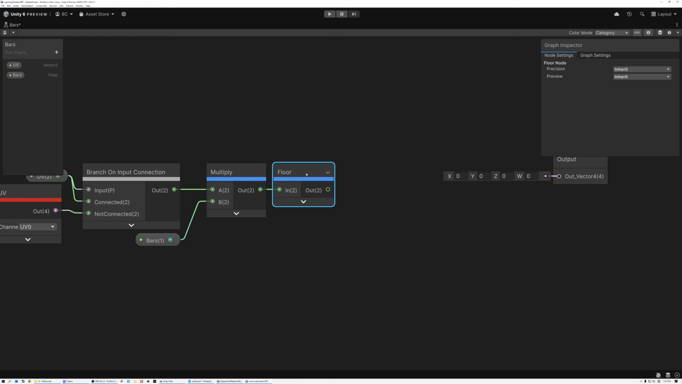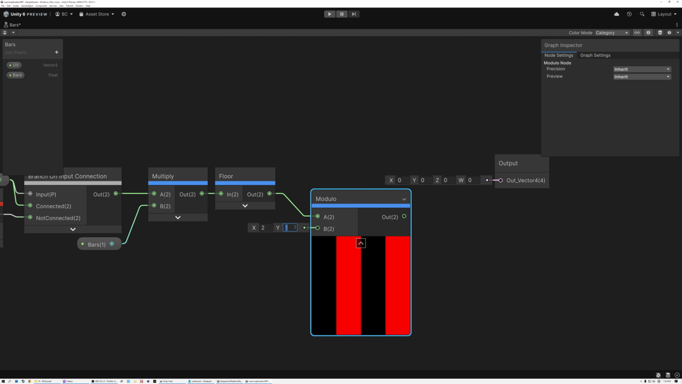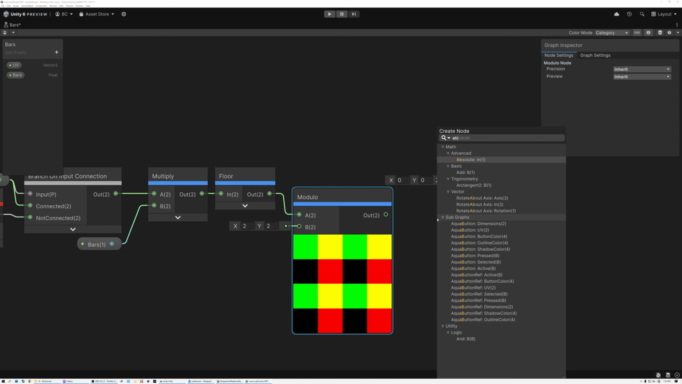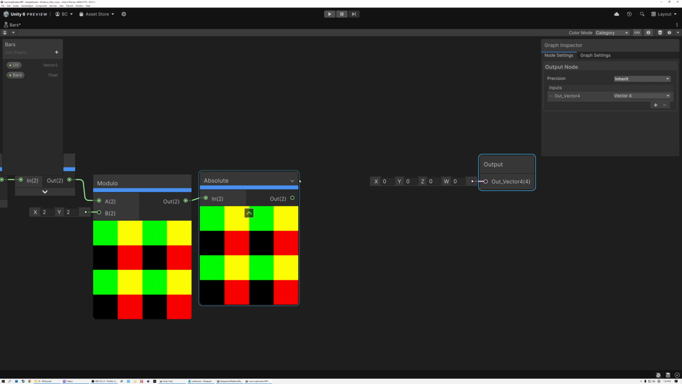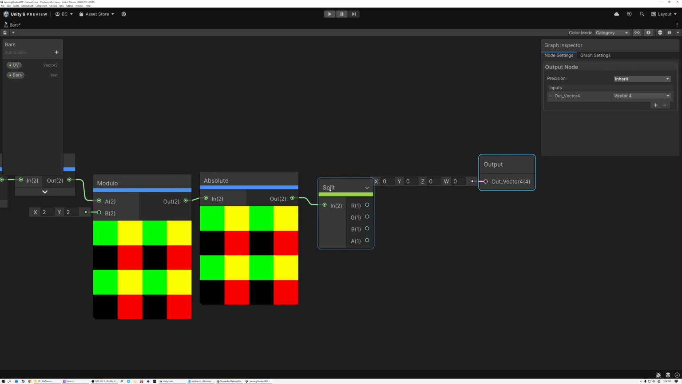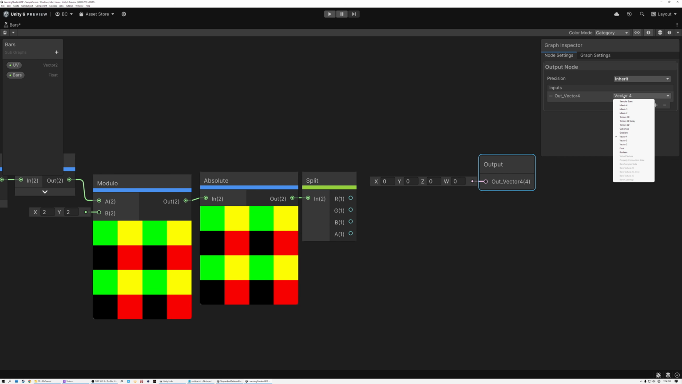And now I'm going to use a modulo node, and we're going to modulo this by 2. And here you can already see our bar pattern showing up. So we've got horizontal bars and we've got vertical bars. This is looking exactly like what we need. The last thing that we need to do is add an absolute node. And right now we've got both of our bars together, so we need to split these out. And here in the red channel, we have the vertical bars, and in the green channel, we have the horizontal